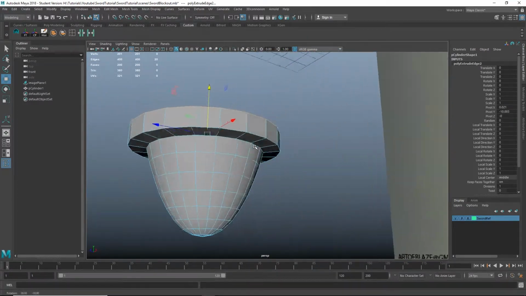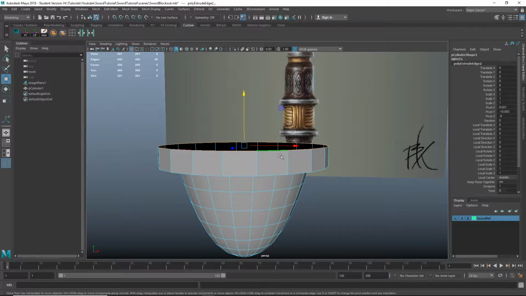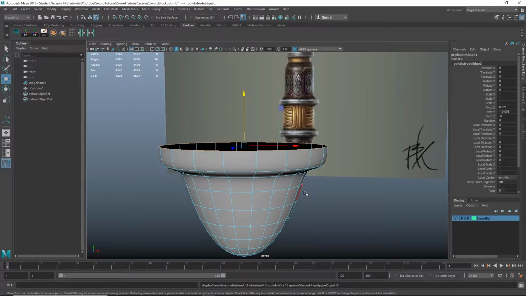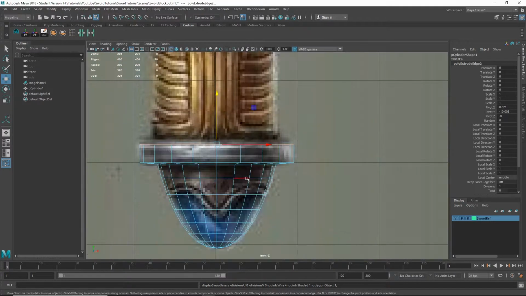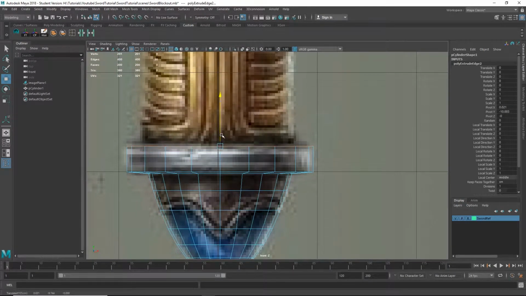primitive mode, essentially. The way that the smooth preview works is that this is fake. This isn't really smoothing my object. It's a smooth preview. So it's just giving me a preview of what it would look like if it were smoothed. Let's go back into the front view and go ahead and pull this out here, and then we're going